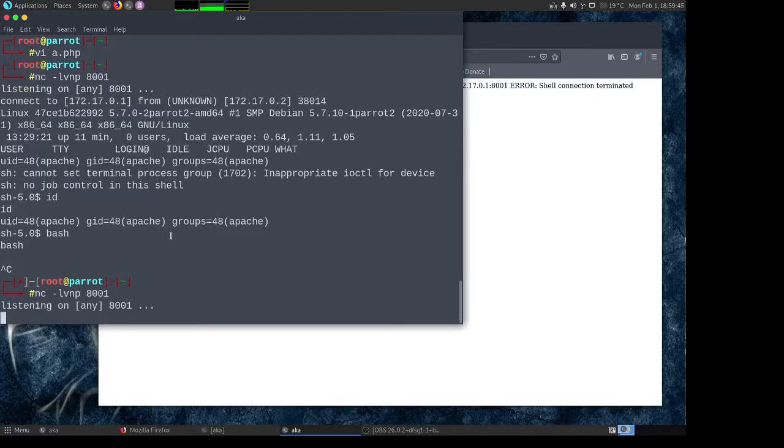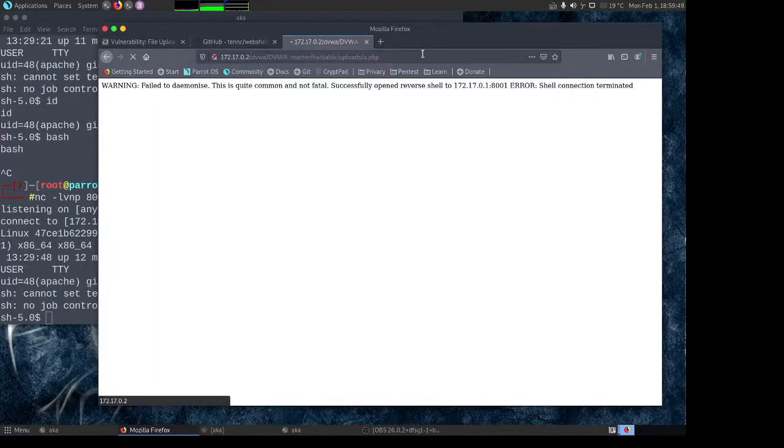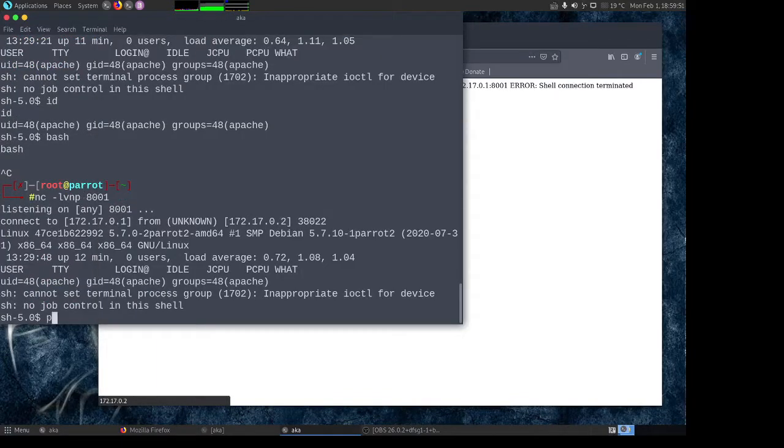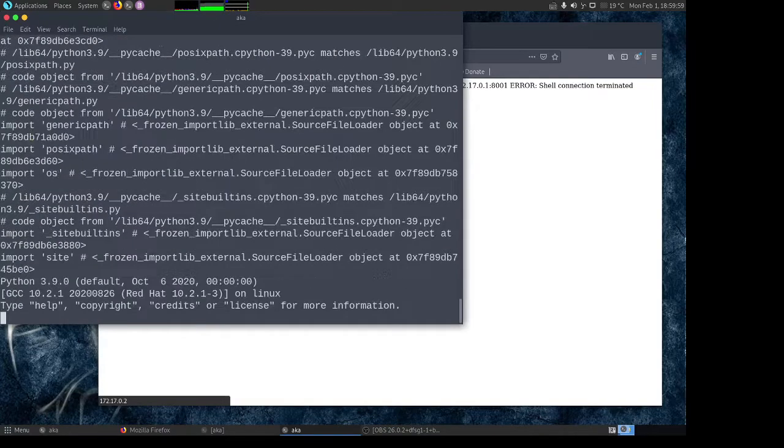So for this we can use Python. Let me see if we have Python installed here. I think Python is not there. Python 3 is also not there. Python 3 is there, luckily. Okay.